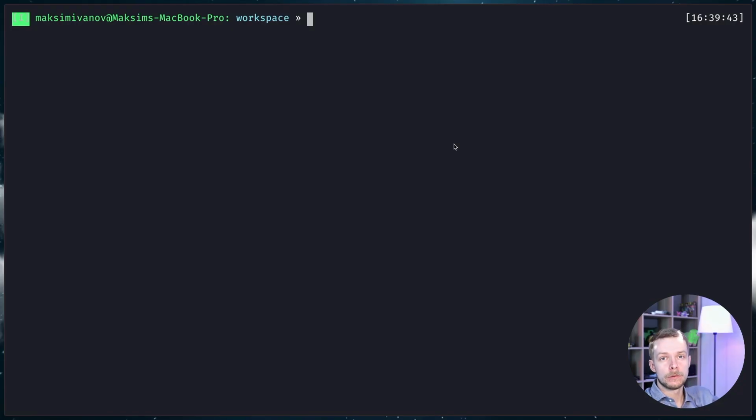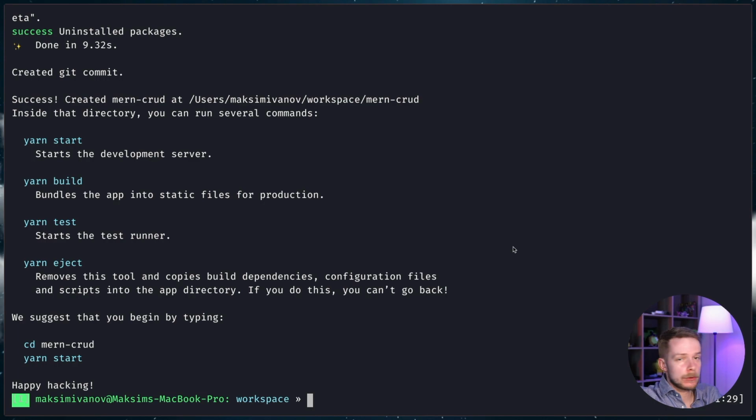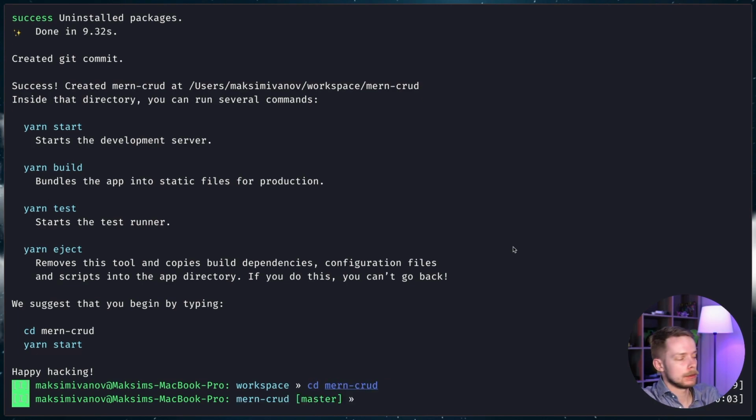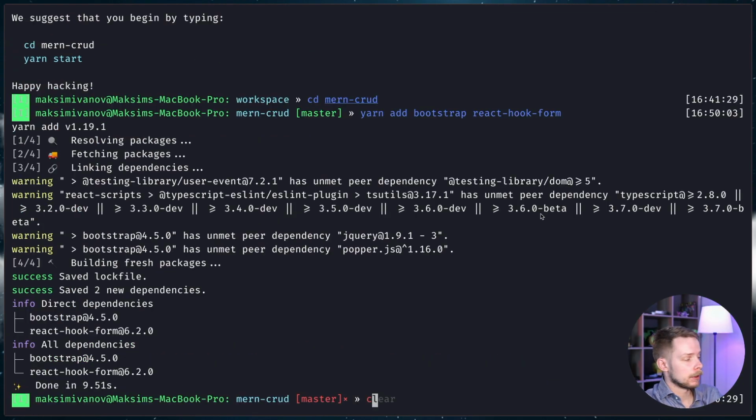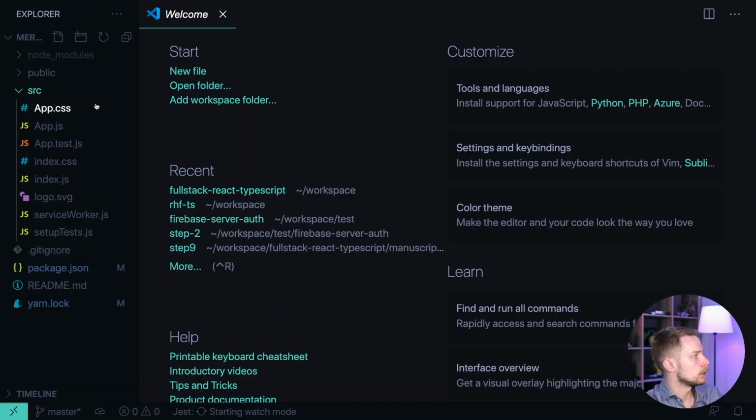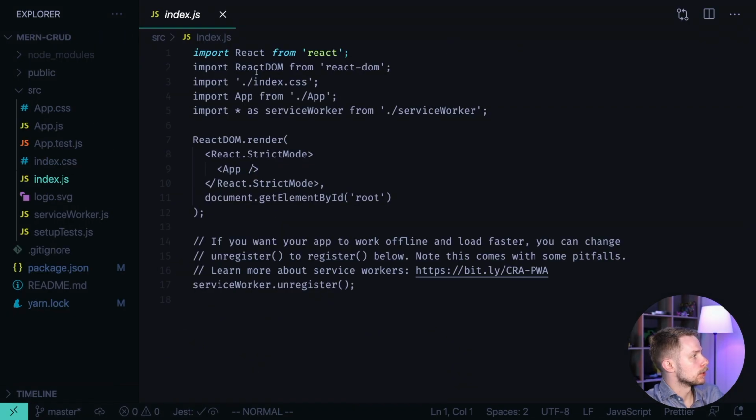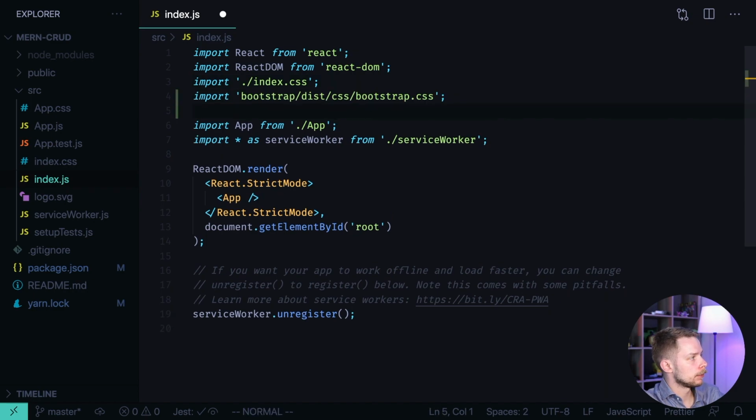I begin by creating a new React application called mern-crud: npx create-react-app mern-crud. After it's done, I go to this folder, cd mern-crud, and install the dependencies. We will need Bootstrap, yarn add bootstrap, and React Hook Form to handle the forms in this application. Now let's open the code editor, go to src, then go to index.js and import Bootstrap to